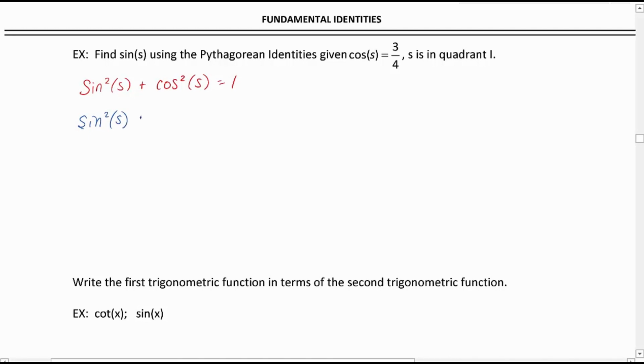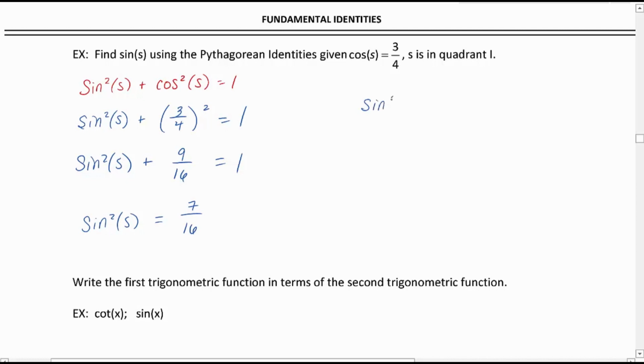Sine squared s plus, remember that cosine squared of s is the same as cosine of s squared. So this becomes 3/4 squared equals 1. Cosine squared s plus 9/16 equals 1. Subtracting 9/16 from both sides, we get sine squared s equals 7/16. And as I mentioned with our notation, I'm going to go ahead and change this. This is going to be sine of s squared